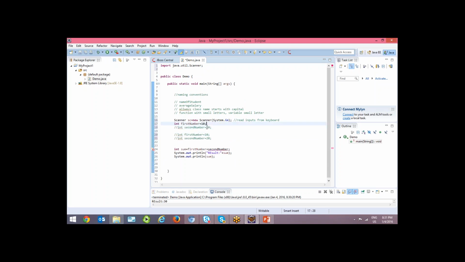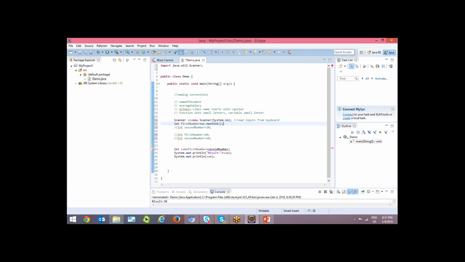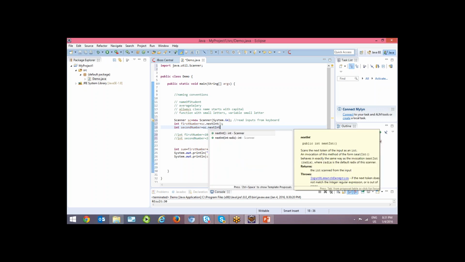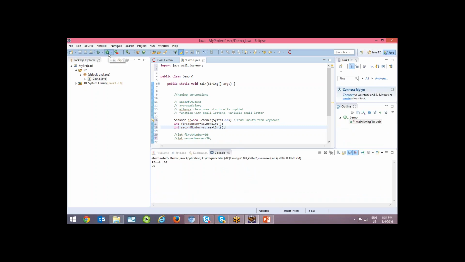See, int first number equal to, scanner object name is S, dot nextInt, which is a predefined library function to read an integer variable. Next is second number. Again same function, nextInt. So here itself it is taking one integer, another integer, two numbers are stored, and you can find the sum and nicely get the result. Now let us run it.